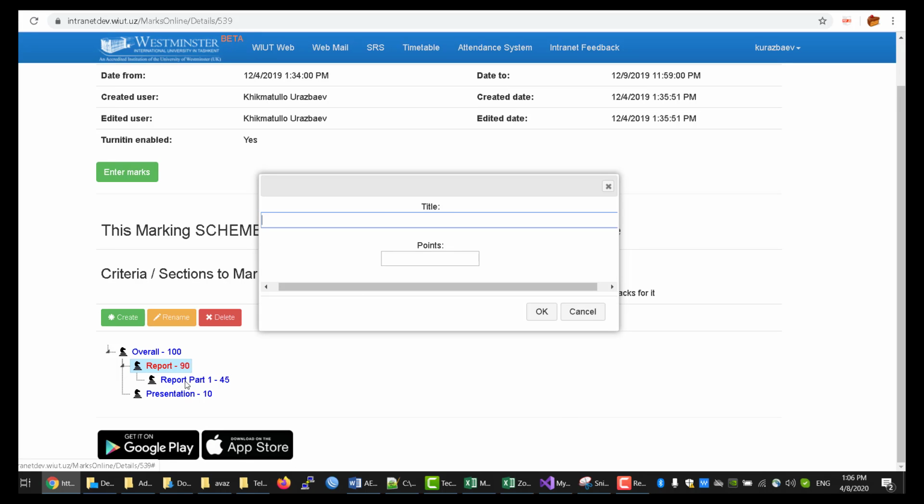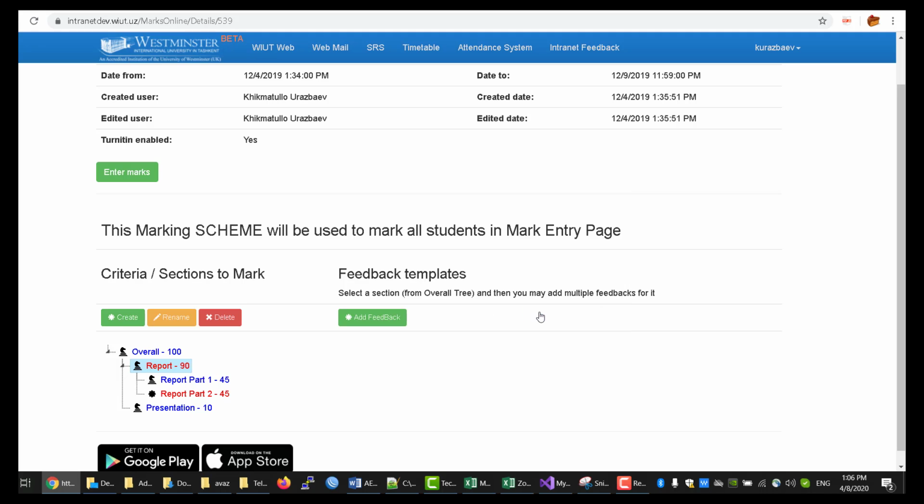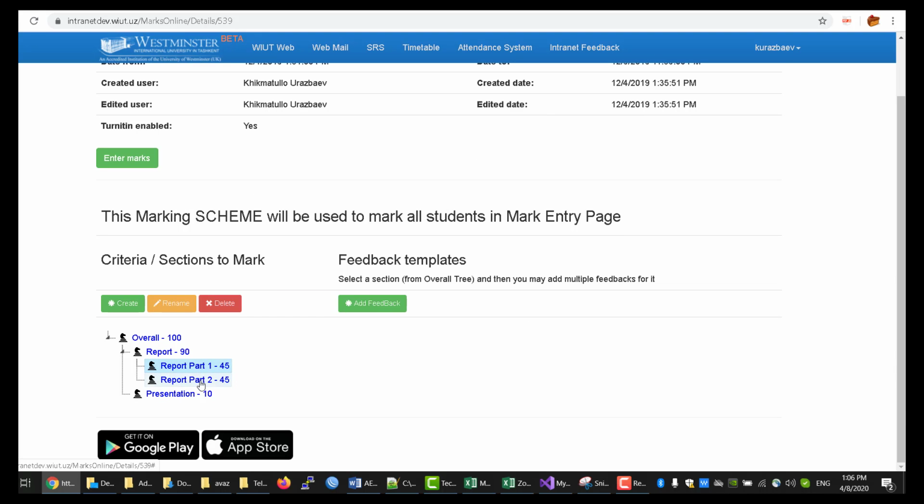And then you can also create another one and say report part 2, and this one is also 45. So for each subsection, you can similarly add more feedback. Okay,